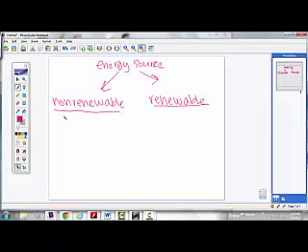Remember, our non-renewables are fossil fuels. FF equals con. Okay, we have fossil fuels. Our fossil fuels are coal, oil, and natural gas. They are non-renewable because we cannot replace them easily. We use coal, oil, and natural gas to provide us with energy.